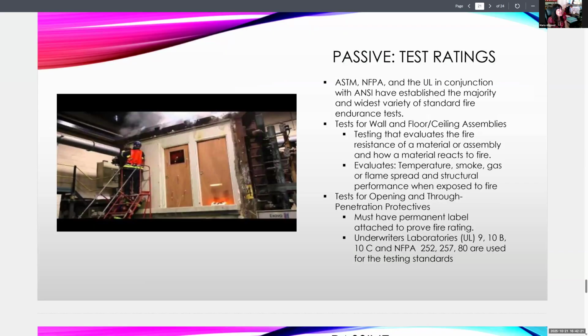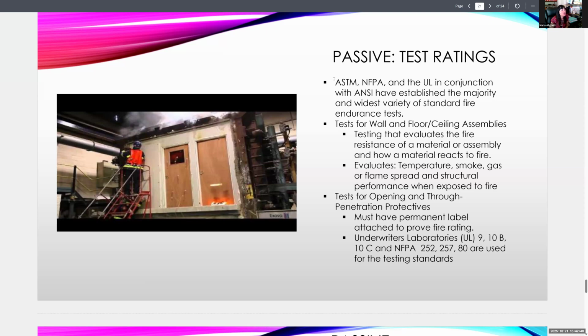Okay, so there's some testing and rating. We're going to just talk a little bit about this just so you're aware of them. I've kind of mentioned some of these institutions. They get really specific sometimes in some of the tests that for California, some that you're going to need to know, but